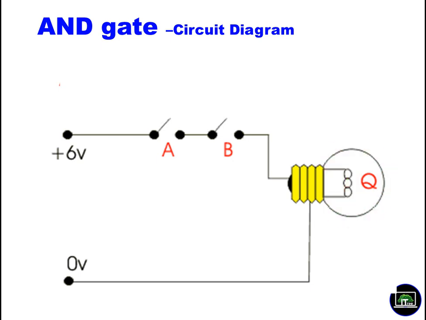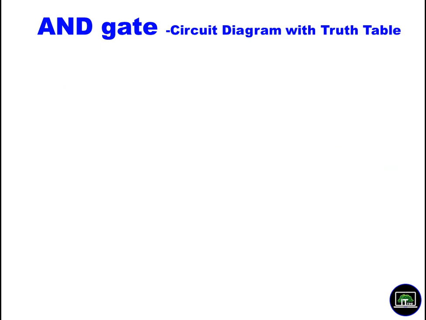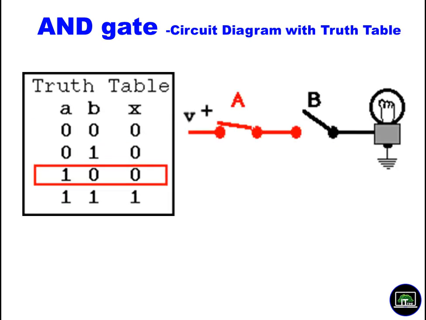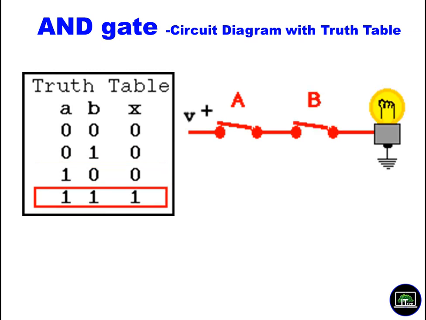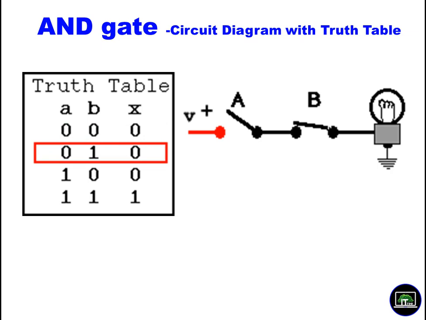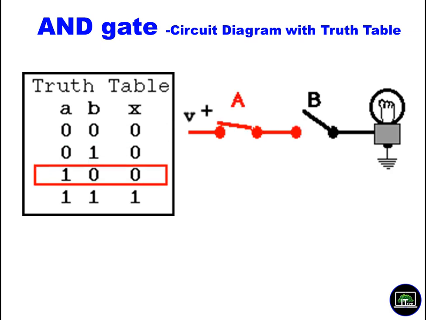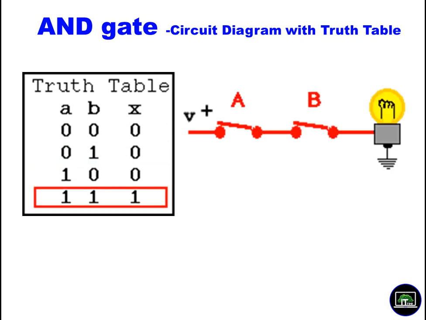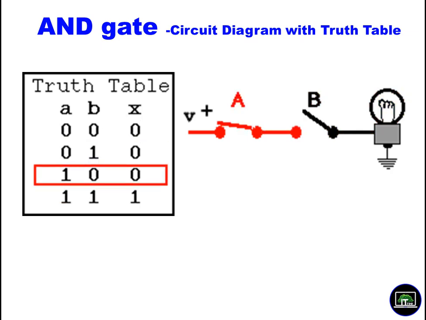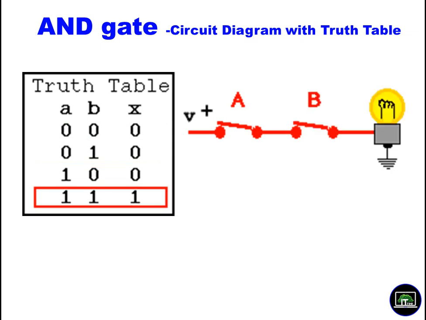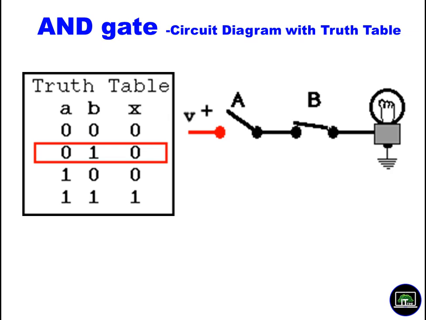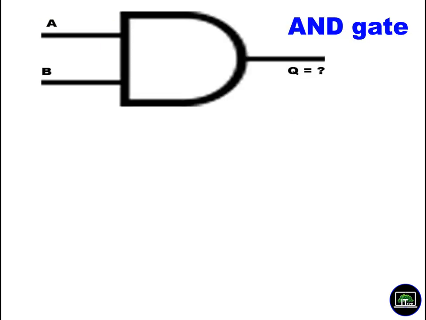You can see that. So we can show this one with a truth table, something like this. You will see that when A is 0 and B is 0, the output is 0. A 0, B 1, still 0. A 1, B 0, still 0. A 1, B 1, then the output becomes 1. So with this knowledge we can fill the AND gate.